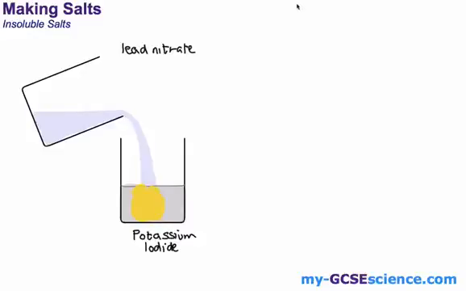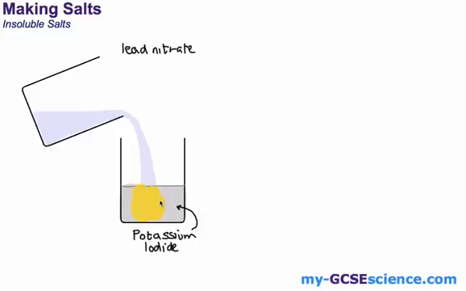Hello and welcome. In this video we are going to look at making salts, but for this particular video we are looking at making insoluble salts as opposed to the soluble salts that we looked at previously. Now the first example I've got here is a solution called lead nitrate, so that is a solution, it's a liquid, and we can react it with another solution called potassium iodide, which is this solution here,